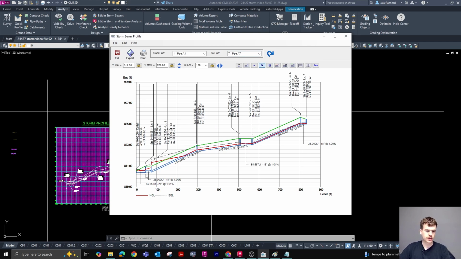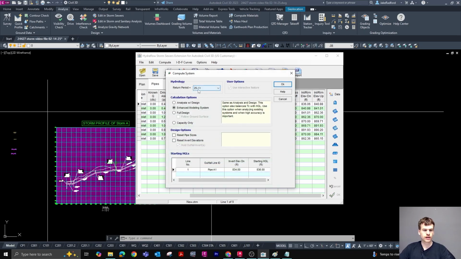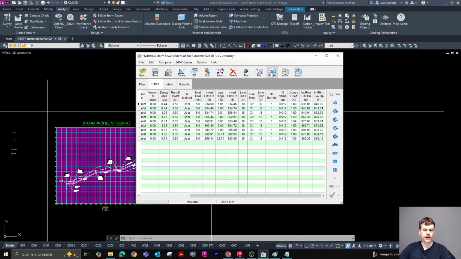We might have to upsize maybe one more pipe, maybe this pipe right here in the center, or maybe upsizing this guy from 24 inches up to 30 inches might go ahead and fix it for us. So again, we're just going to upsize this guy, change the line rise to 30 from 24. We'll run it again. 25-year enhanced modeling system, starting HGL crown, hit OK, and then we'll go ahead and hit